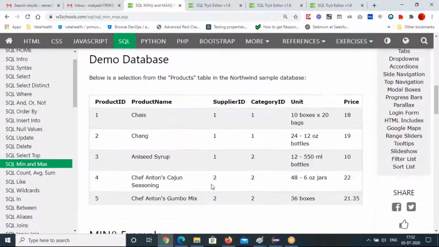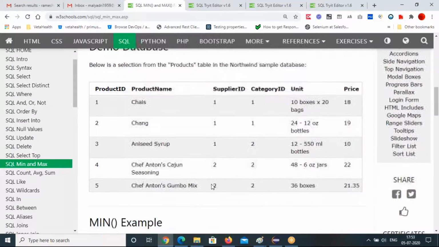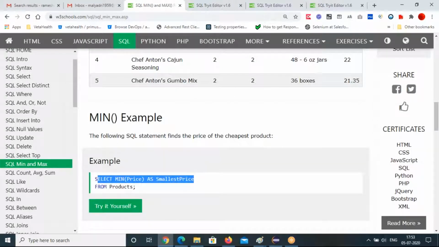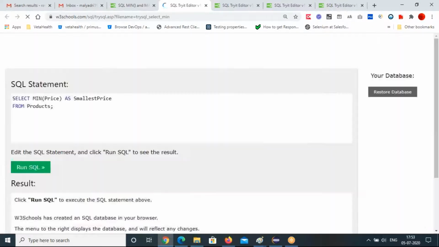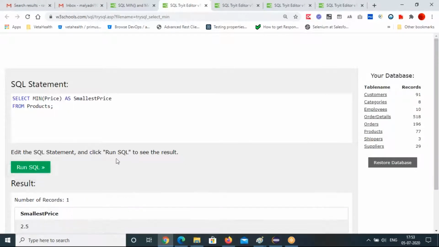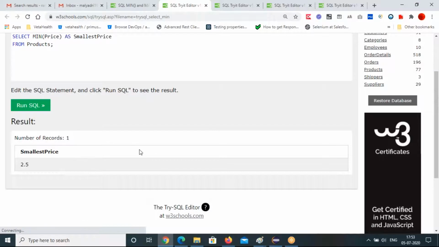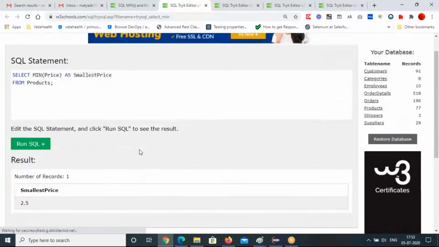So select min price as smallest price from products. Try this. You will get 2.5 as the smallest price.